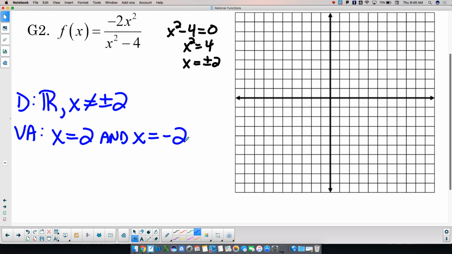Agree with the first step. Vertical asymptotes at x equals 2 and x equals negative 2. Domain, all real numbers, x cannot equal plus or minus 2. Okay? Graphing wise,